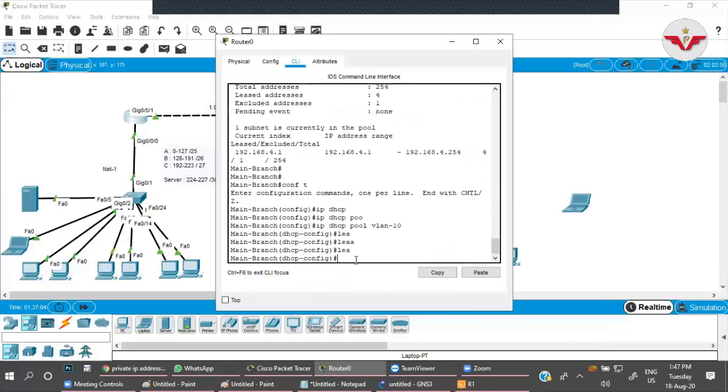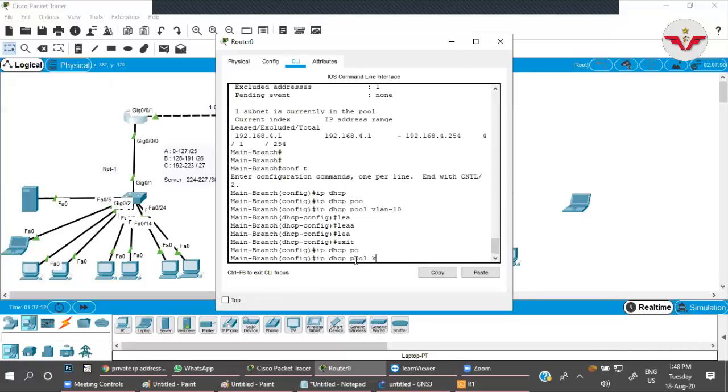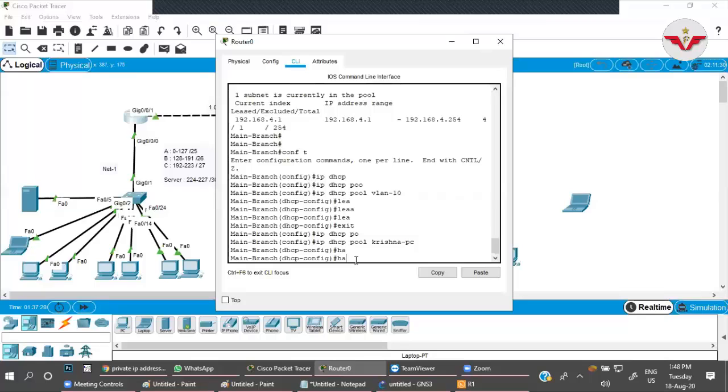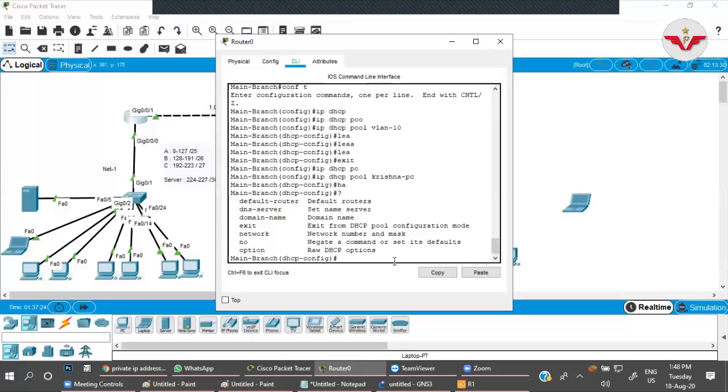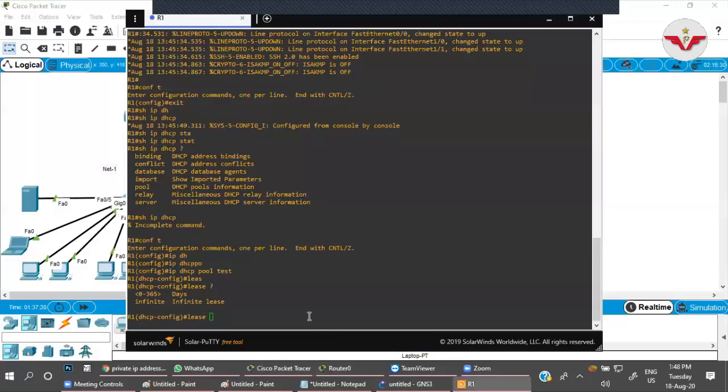The command is, you have to go to IP DHCP pool Krishna PC. Okay, there I need to give the command hardware. Okay, but it's not supported in Packet Tracer. Okay, so let us check that command is valid or not.